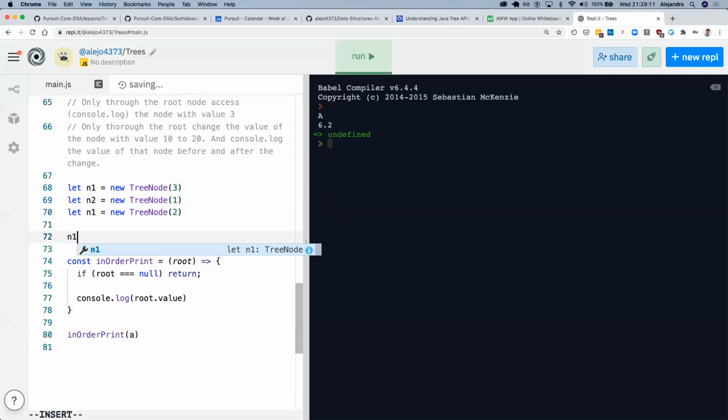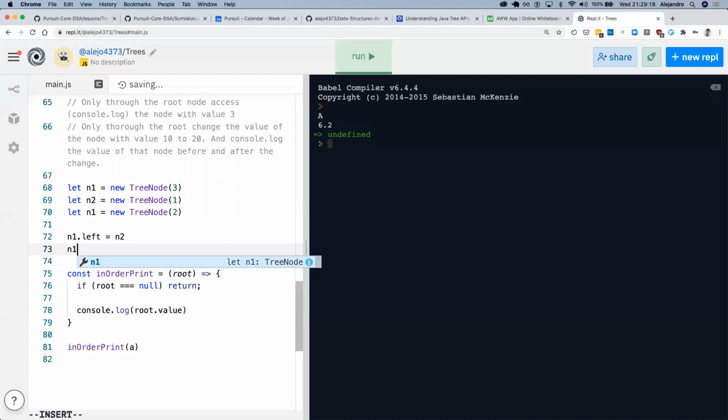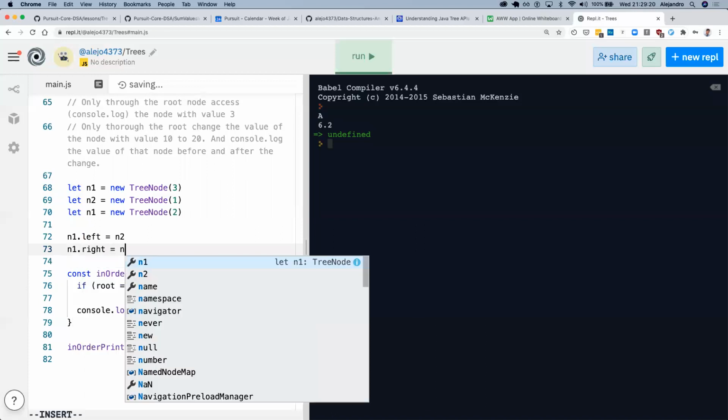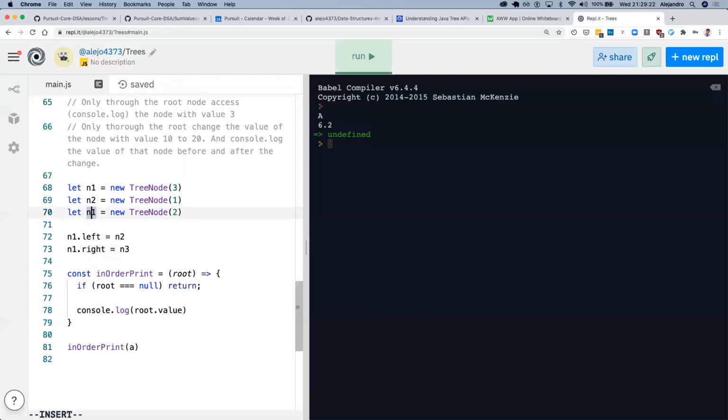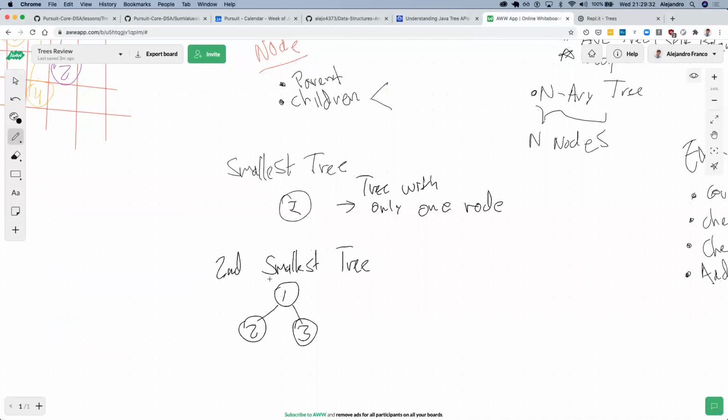And I'm going to connect them now. n1.left is equal to n2, n1.right is n3. So the tree that I'm making here is, actually, it's not exactly this one.